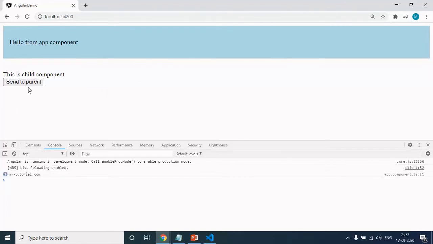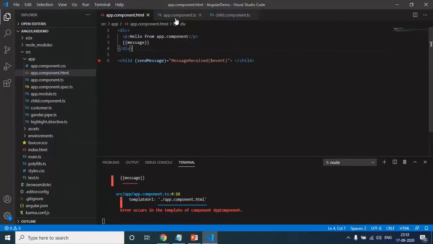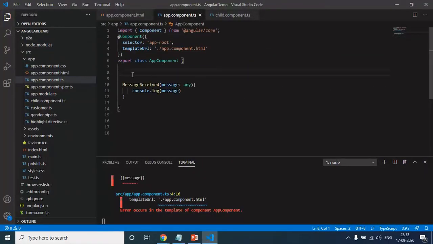Okay, so now when you click on this one, nothing is happening, but we are able to see it in the console log. So why is it not getting displayed in the HTML? Because I have not created any property. So let me create a property called msg equal to an empty value.